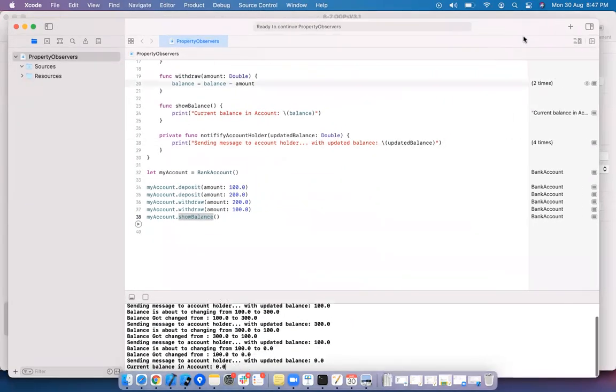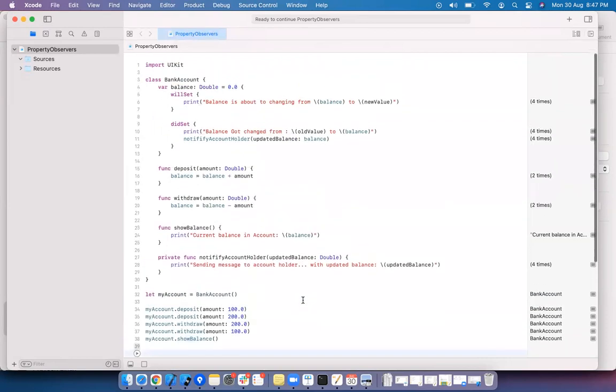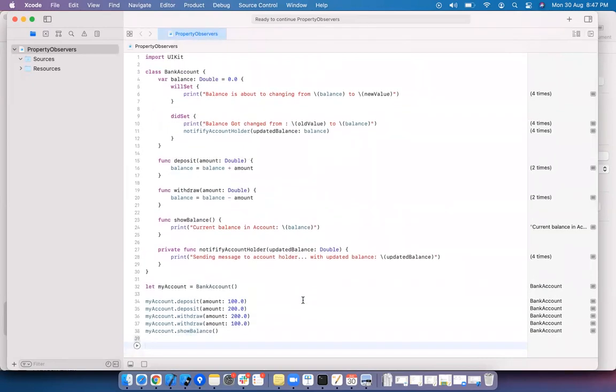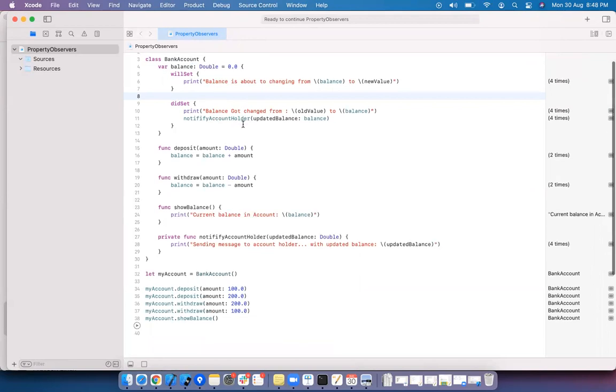When do we use property observers? When you want to get real-time data. If you see an account holder, once the transaction is done, when you come to the home screen in banking applications, the balance should be reflected based upon the transaction. If you send some amount to your friend, when you come back to the home screen, whatever transaction you made should be reflected in the balance on the home screen. Means whenever there is a change in balance, you update your user interface in real time. Means immediately. This is exactly where you use property observers.